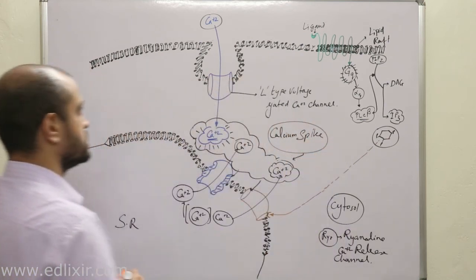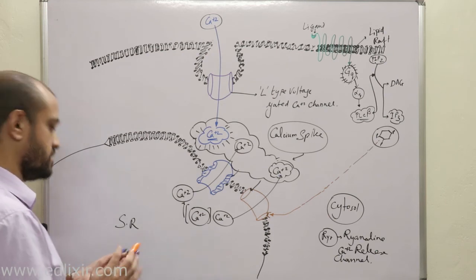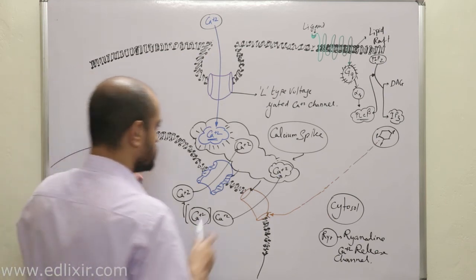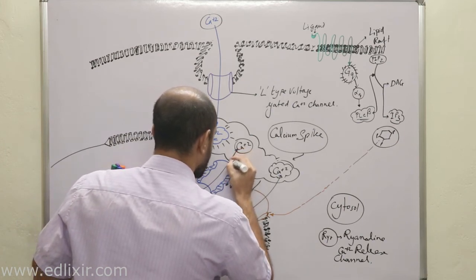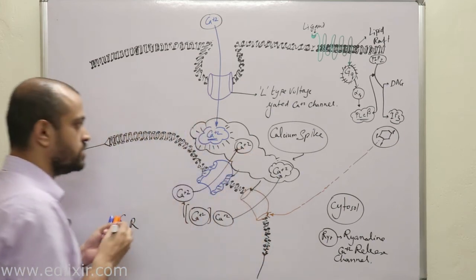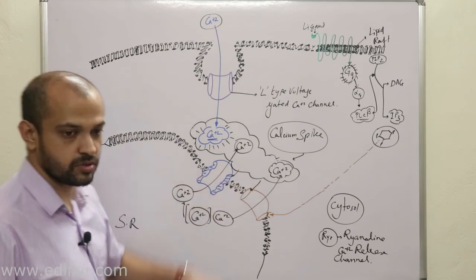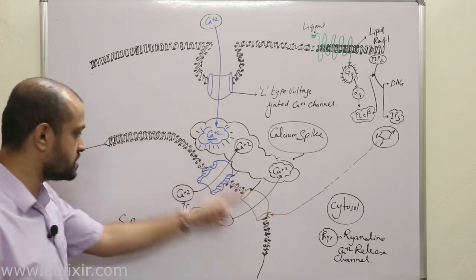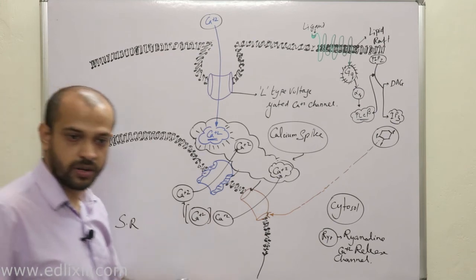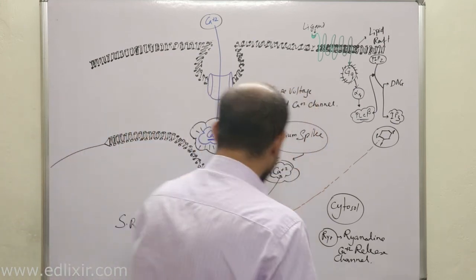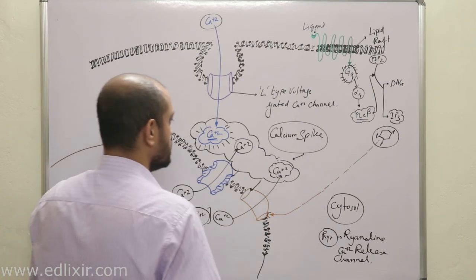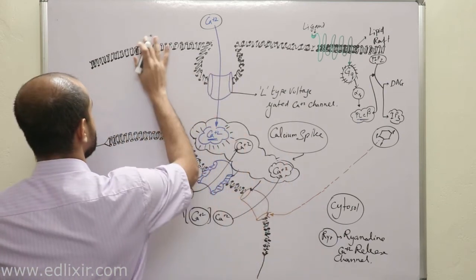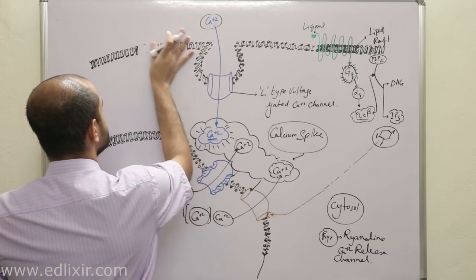Now listen with all your attention. What happens now is very, very interesting. Whenever a calcium spike occurs, all the channels through which calcium can enter the cytosol are open, whether present in the cell membrane or plasma membrane, or in the sarcolemma or sarcotubular membrane. Now a very important point: after a certain time,